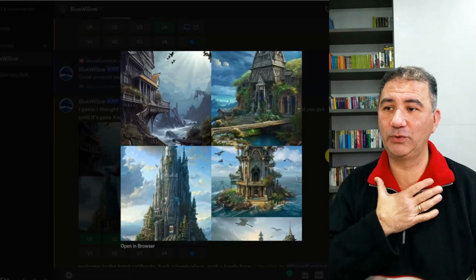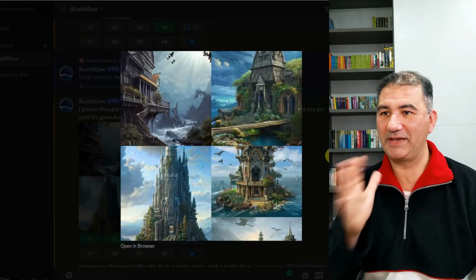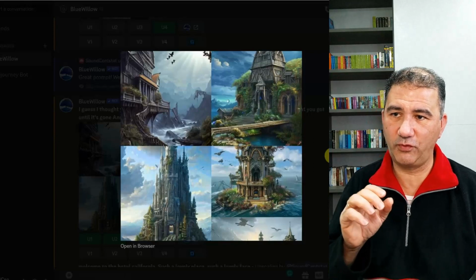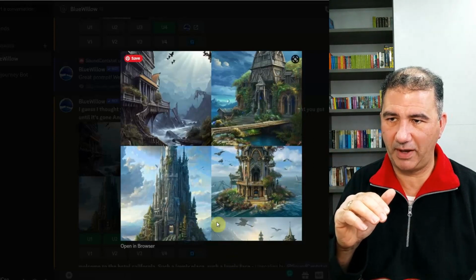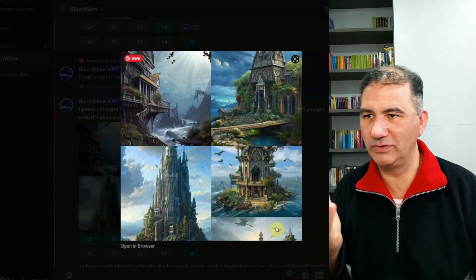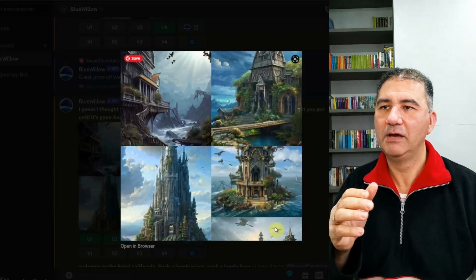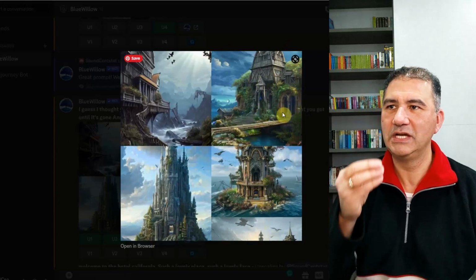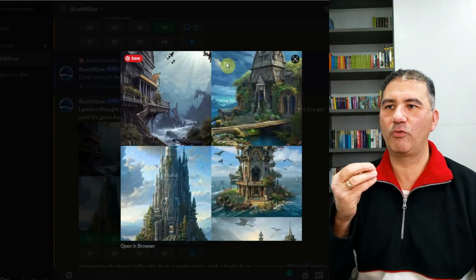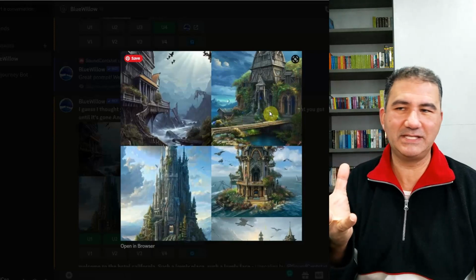Number 1 and number 2, I think you will agree, are probably the best of the 4. Although with this 4, if I wanted to, I could upscale it and maybe zoom in to get rid of this bottom portion that doesn't really seem to have anything to do with it. But when you look at number 2 over here, even the color tones, the dramatic sky in the background, we've got some alien temple.